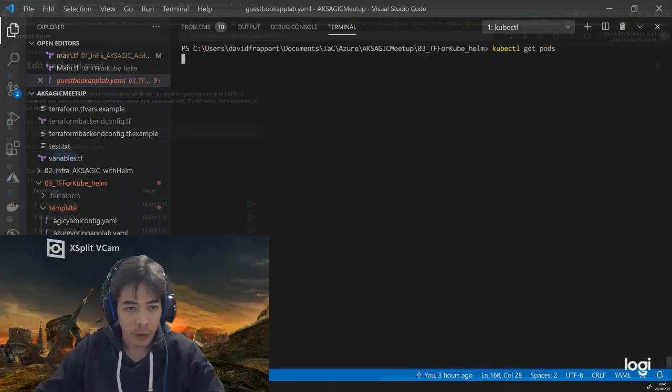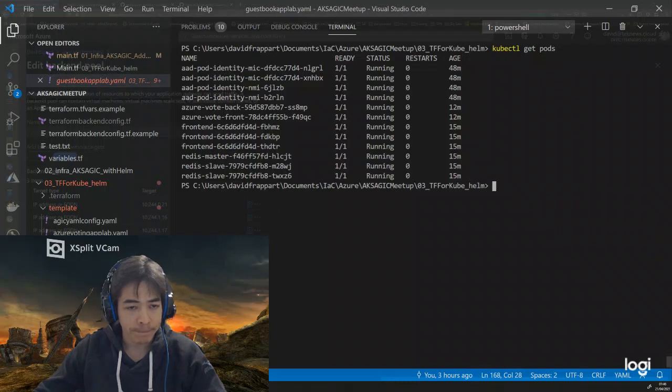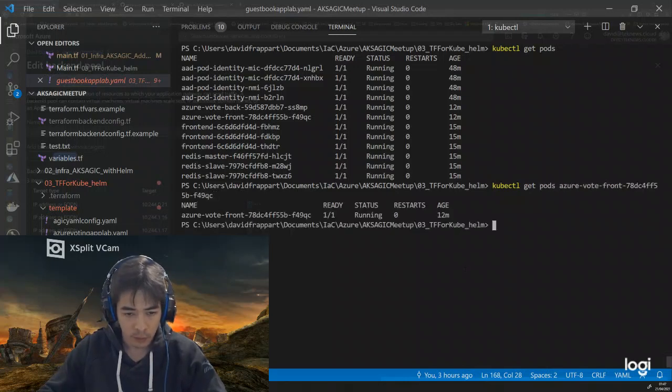Let's get pods. And if I'm correct, this should be the front. So let's get pods. No. Let's do describe.